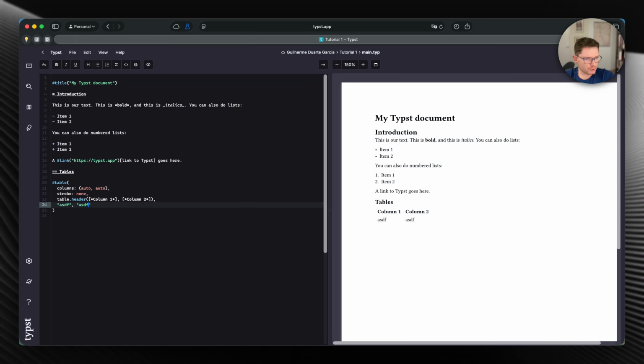Now it's a bit too minimalistic for my taste and for most papers, so you would probably want to add something like a table H line over here. Now you could inside H line specify the width of the line. So if you do stroke colon 1 EM, for example, this would be obviously too much. So you could do half of that or 25% of that, something like this. So you can see it's very easy and very responsive to adjust.